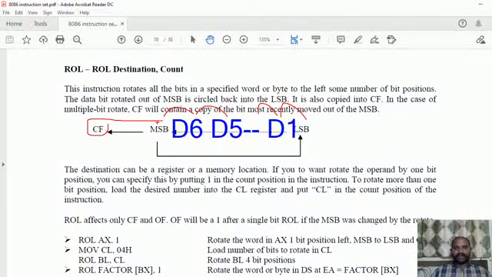We will see the bit definition of the flag register in the upcoming classes, don't worry about it. The same copy of the MSB is loaded into the LSB bit position. So this content is rotated. We are not going to introduce zeros, but in the shifting operation, zeros are introduced. So this is about the ROL. ROL is nothing but rotating the destination to the left side by count number of times.